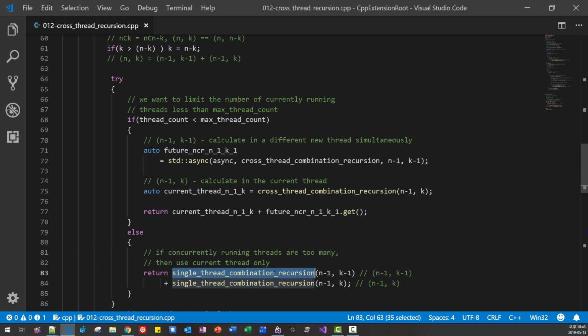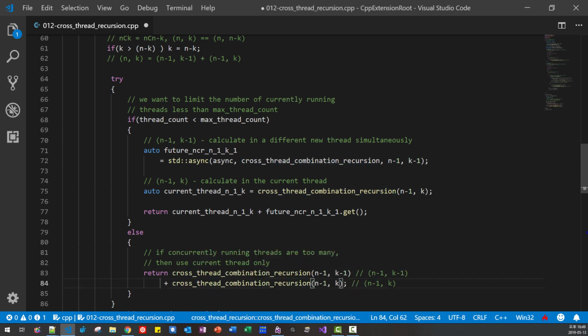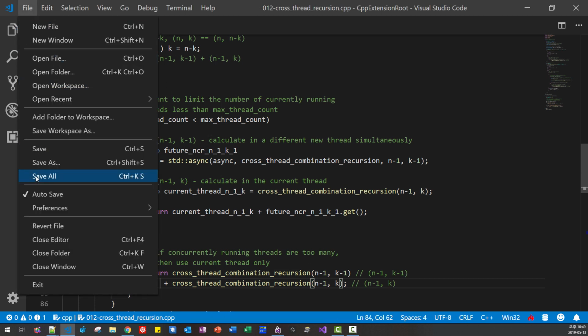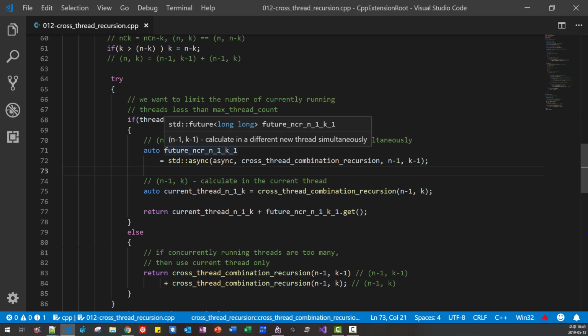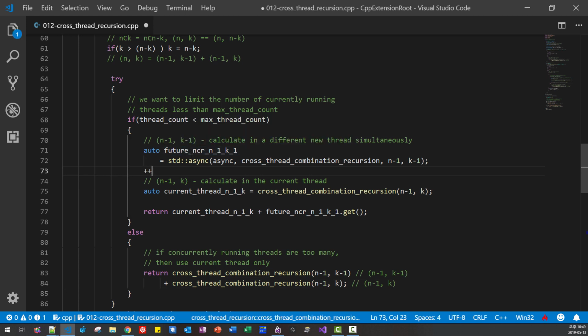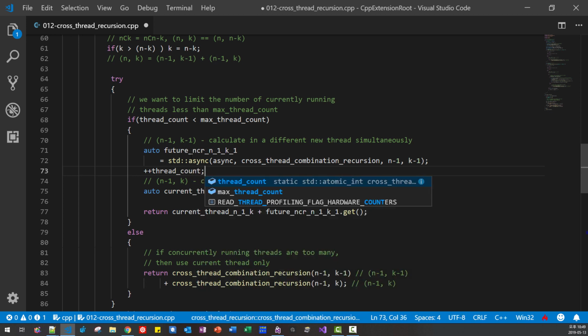This is the wrong function name. We have to copy this function name. Okay. Copied, pasted. Okay, we have to fix it like this and save. Here we created a new thread, so we have to increase the thread count.